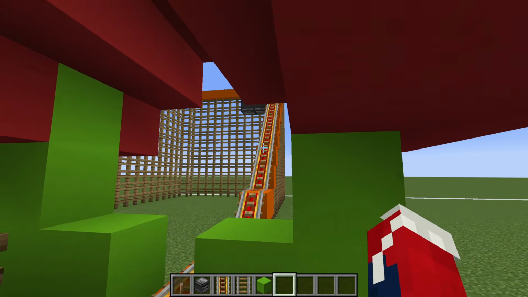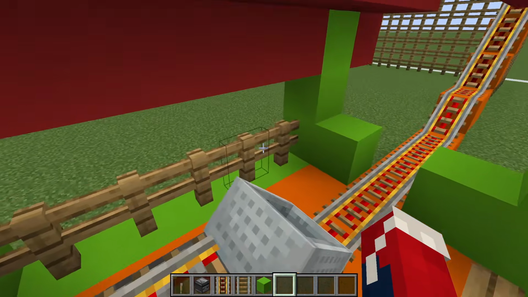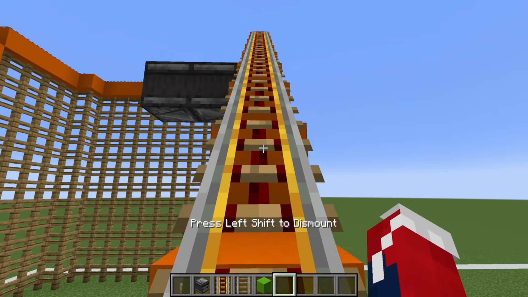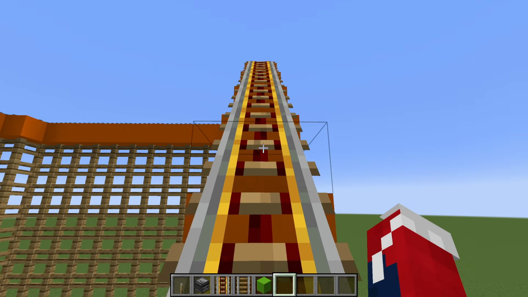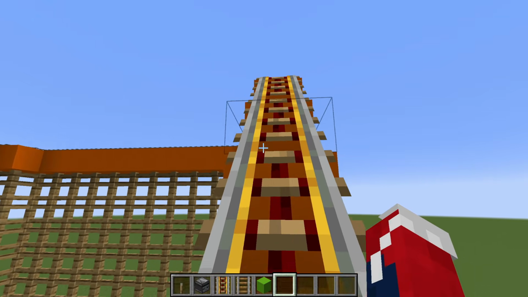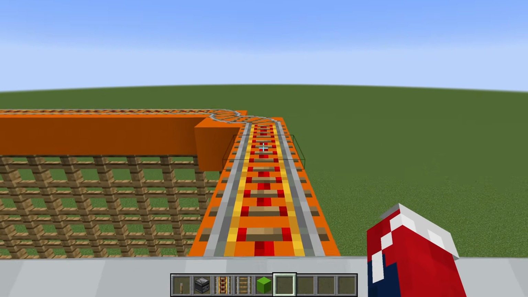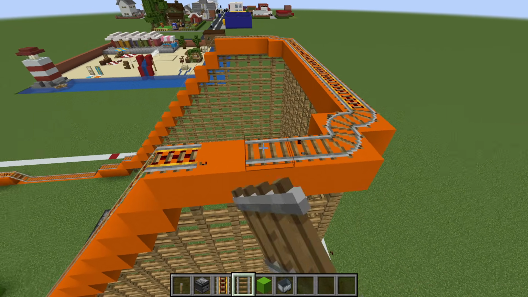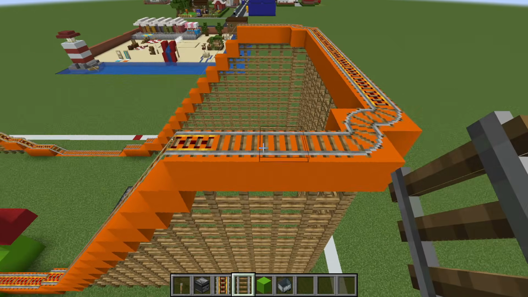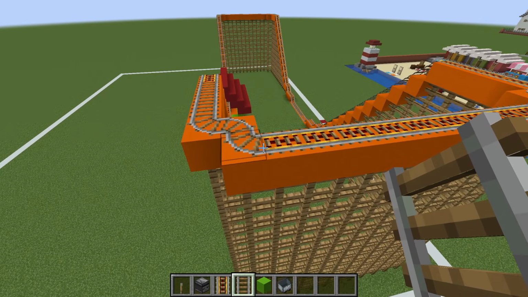So the effect that we get from doing this is, and hopefully we can actually catch the minecart. There we go, perfect. So the effect that we get is a nice, slow, suspenseful climb all the way up to the top, in which we anticipate the drop on the other end, versus just breakneck speed all the way up to the top. I think that I'm also just going to remove these powered rails and replace them with regular rails here up at the top, so that it's a nice, slow climb around this corner,